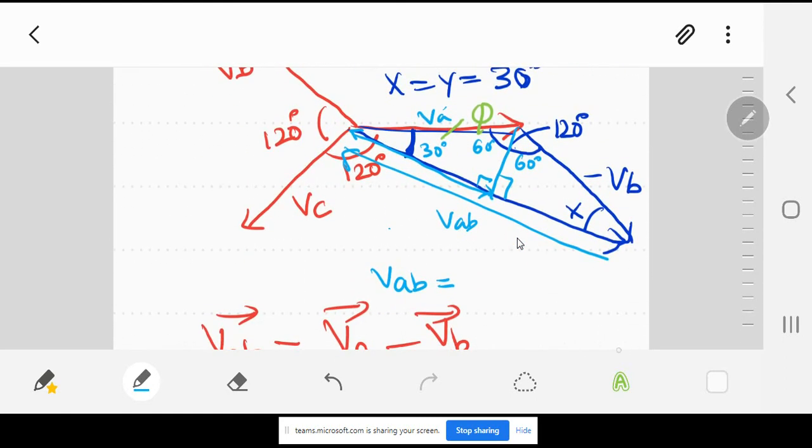We wanted to find out VAB, the length of VAB. For this purpose we drew a perpendicular here. Perpendicular means that you are going to have this angle 90, this angle 90, and that perpendicular bisector has made this angle 60, this angle 60, because the whole angle was 120. So now when this is 60, this is 90, we already found out this is 30. So this is a right angle triangle, and now we can use the cos trigonometric rule. So that is cos of theta, which is cos of 30 degrees, is going to be base over hypotenuse. What is base? Base is half of this VAB.